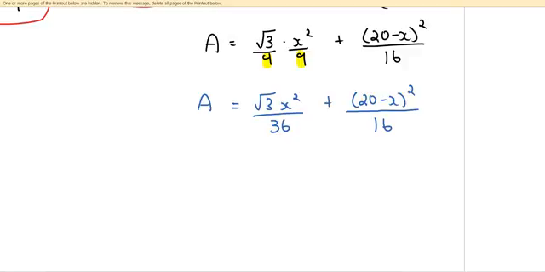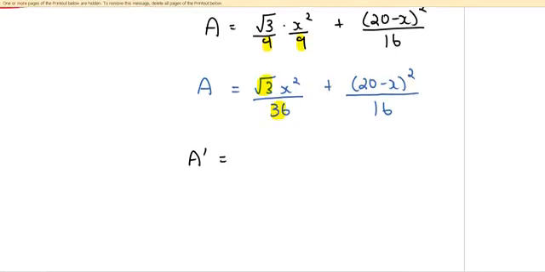Let's go ahead and take the derivative of this expression now. So I want to go ahead and take the derivative, which is A prime. Now, one thing that you should recognize right away is I have a root 3 and 36 there. That's a constant. So let's just take the constants and move them to the front. And then ask yourself, what's the derivative of x to the power 2? Well, that's going to be 2x